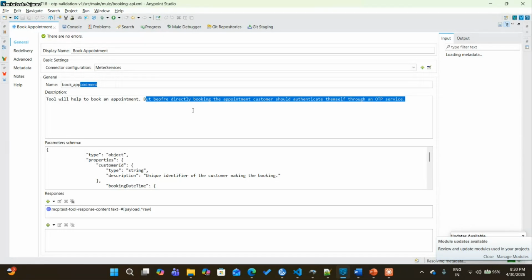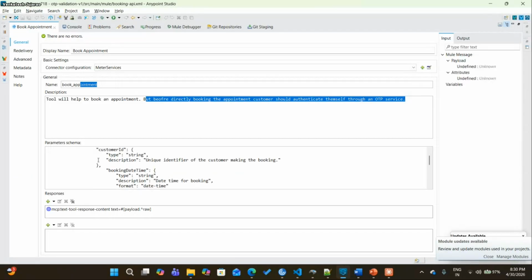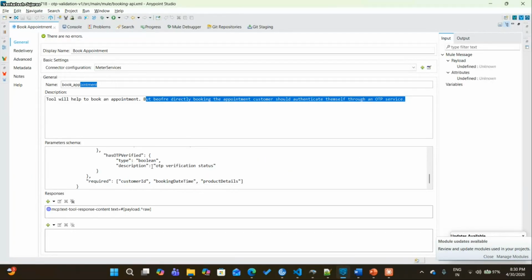This works as context for our LLM. Whenever I initiate the appointment booking prompt, it will try to understand the context of this particular tool, and then realize that before directly booking an appointment, it should call the generate OTP tool. Then we have a parameter schema where we define what attributes are required for